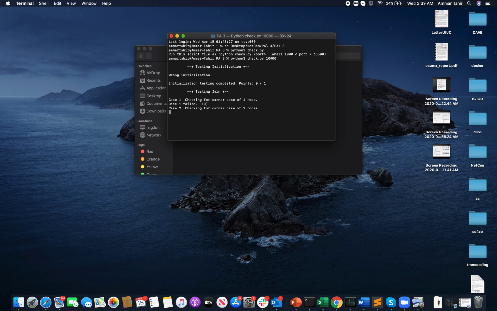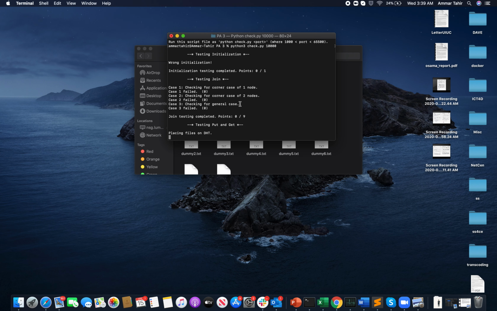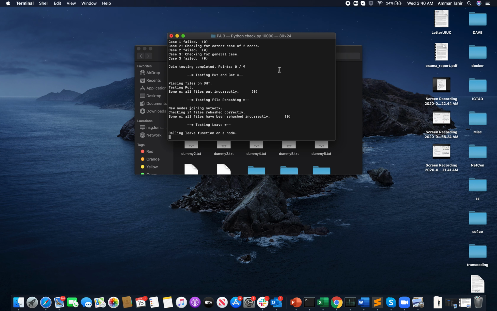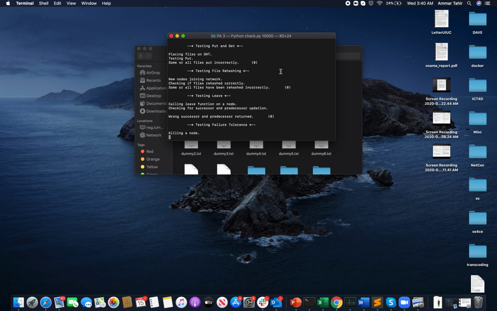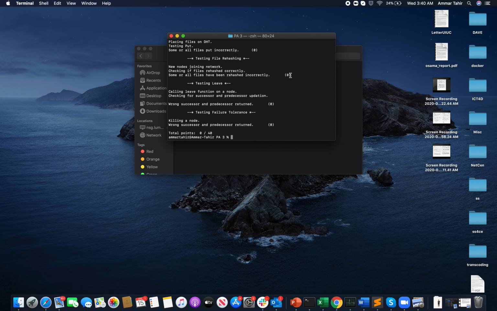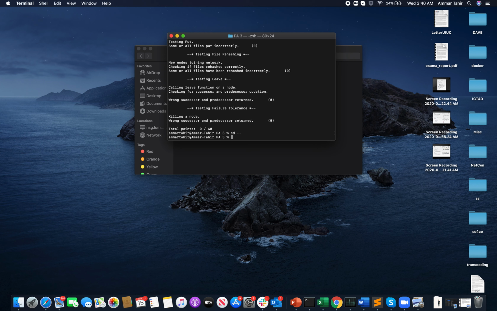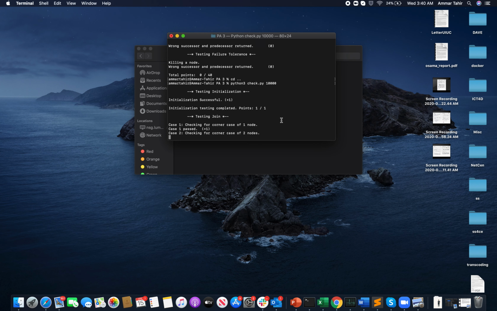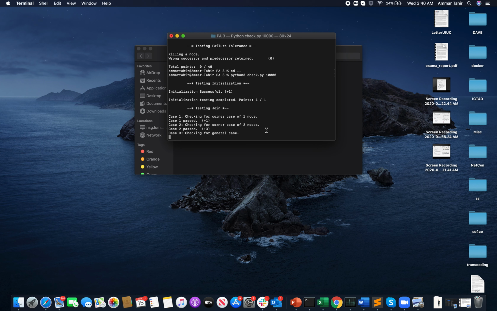It takes a couple of minutes to conclude. You can see we've covered all these test cases. Great. I'll also run a solution here so that you can see what happens when you have implemented the assignment.